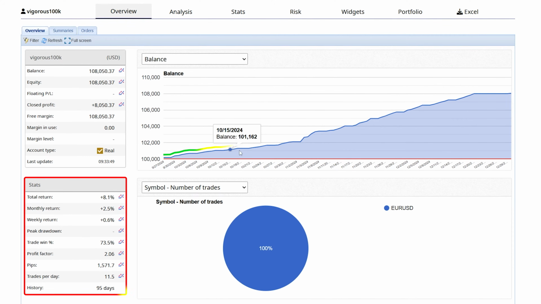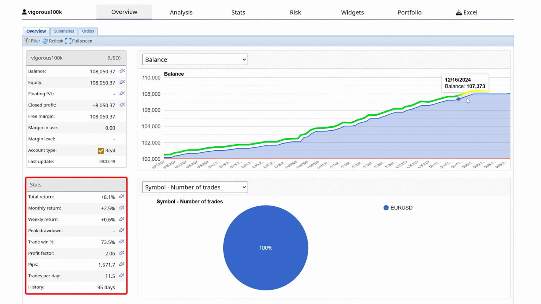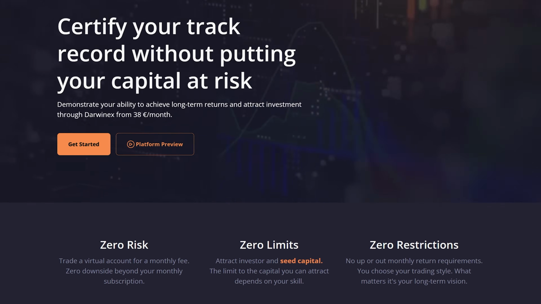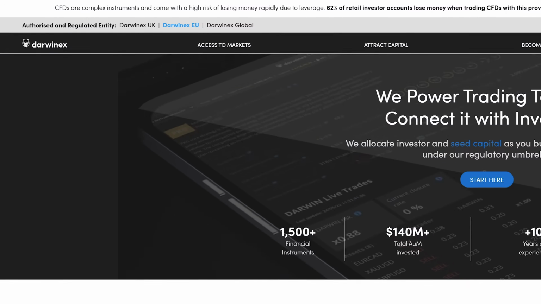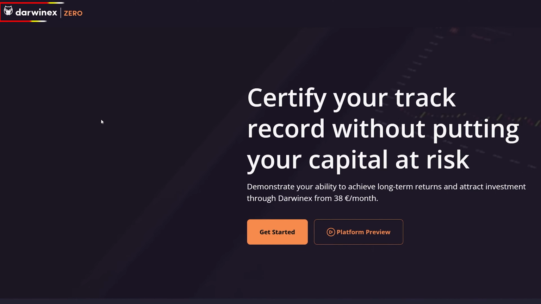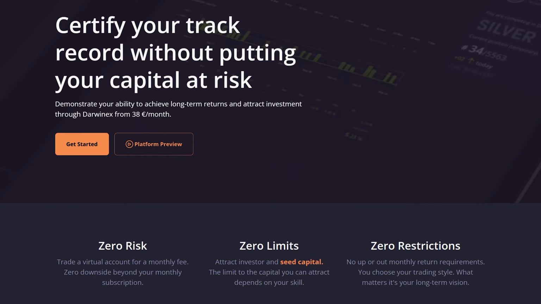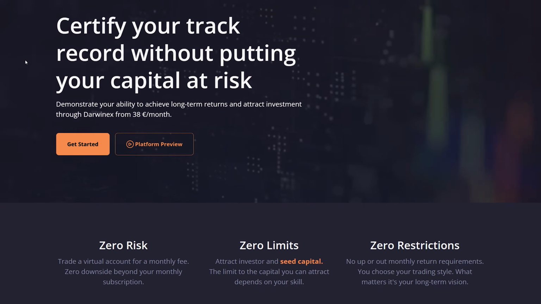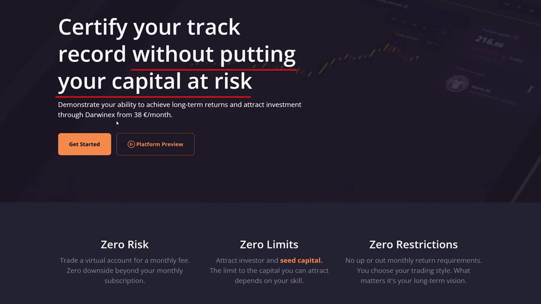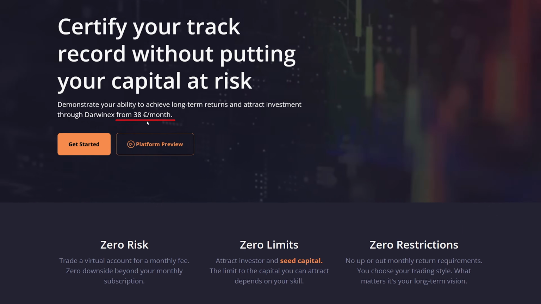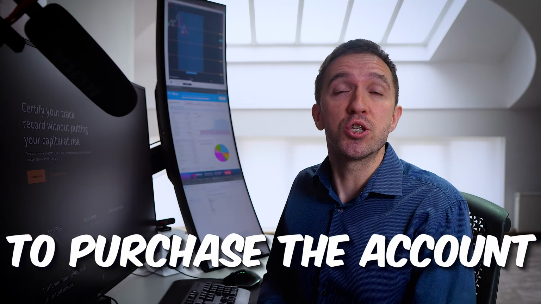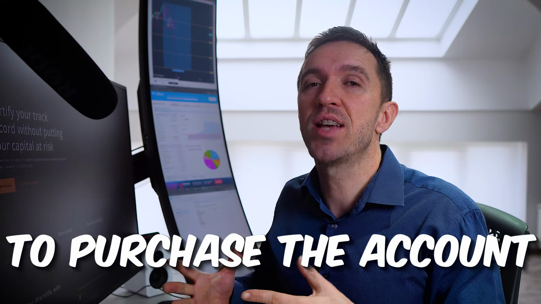And before I show you one of my very profitable accounts with Darwinex, let me show you Darwinex Zero, which is the traders platform, and Darwinex.com, which is the investors platform. So Darwinex Zero is designed to give traders the opportunity to trade without risking their own capital. It costs 38 euro a month, or at the time of recording this video, about $40, to purchase the account and receive